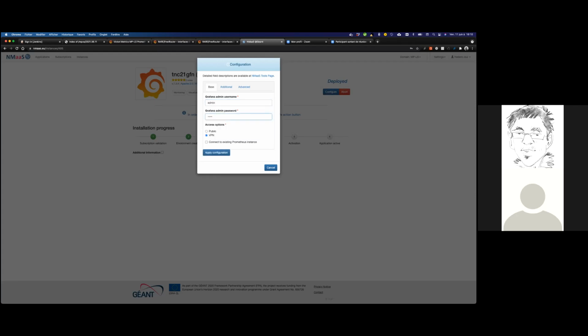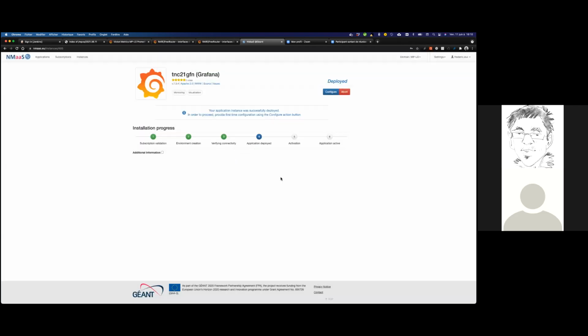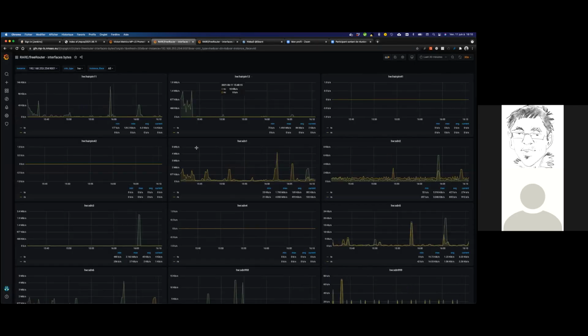Let me try to create a basic admin user here. And then the activation is ready. So you have deployed here a TNC21 Grafana visualization for your domain, and it is as simple as that. Waiting for the container to be spawned into the Kubernetes cluster and available using our VPN access, what you can see is that Grafana is used here to monitor